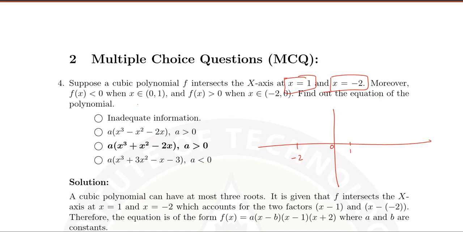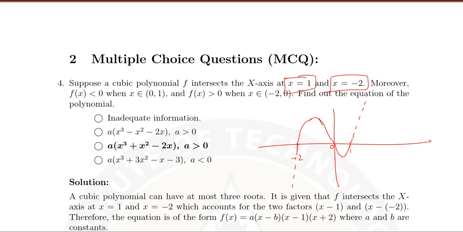That means roughly it is going to be like this, right? And another condition is f of x is greater than 0 when x belongs to -2 to 0. So at this point, -2 comma 0, f of x is greater than 0. So this can be of this form. Now we need to find the equation of the polynomial. For it to be a cubic polynomial, clearly if I extend this graph, it will go this way and this will go this way, right? So this is one understanding we can make.